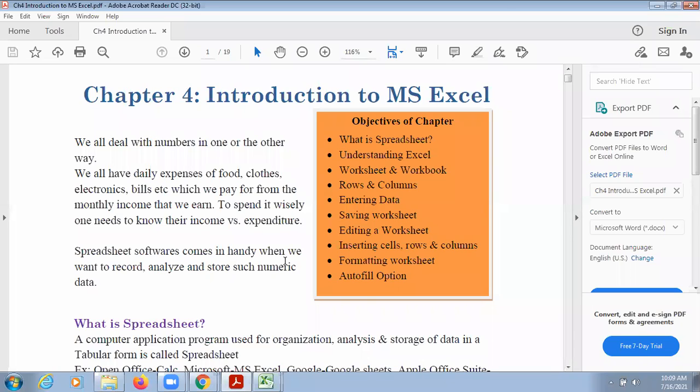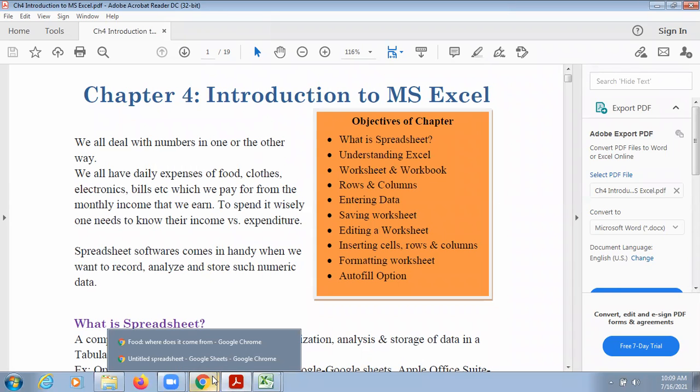Spreadsheet software comes in handy when you want to record, analyze, and store such numeric data. Whenever we want to store any kind of data, record it, or do some analysis, such as which one is bigger and which one is smaller, we can use the numeric data with the spreadsheet option. Okay.